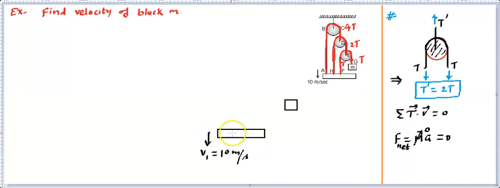And let's see how much tension this is experiencing. We have drawn all the three connecting strings, so these strings will be pulling it in the upward direction by 3 tensions. The outermost one has a 4T tension, this will have a 2T tension, this will have a T tension. So this is the total tension acting on this block, the one downside. Now what happens to this m block? In this m block you will find there is only one tension acting, which is T in the upward direction, and we need to find the velocity of this block.